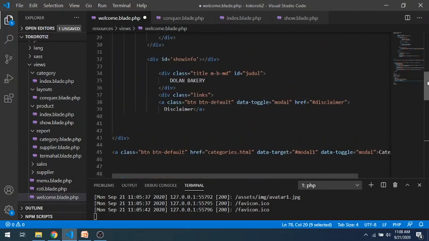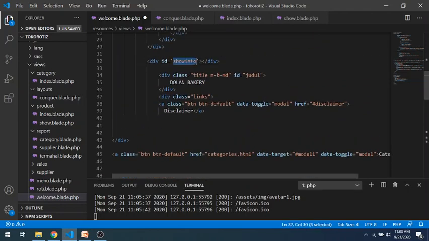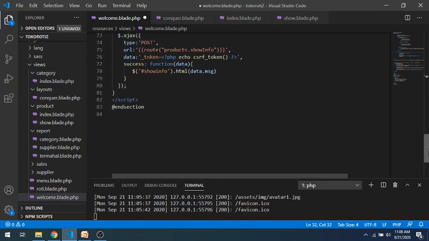It is this one. HTML will put any data inside the div. This one will put data.message inside the div.